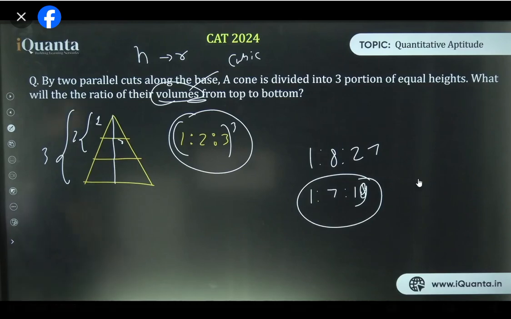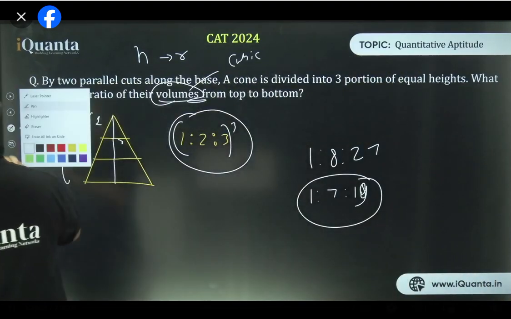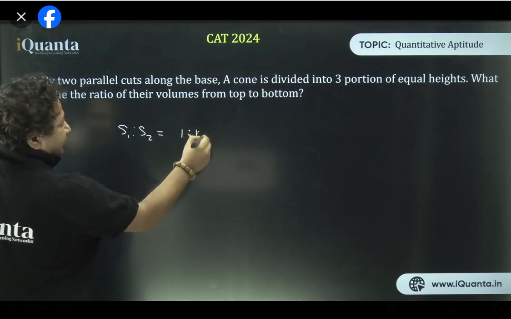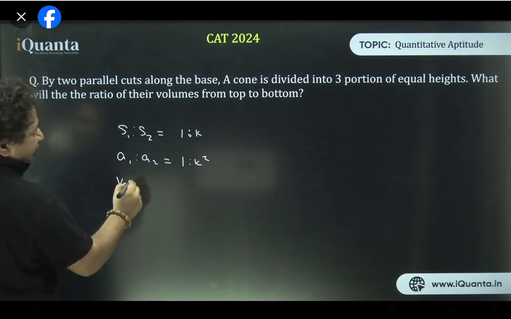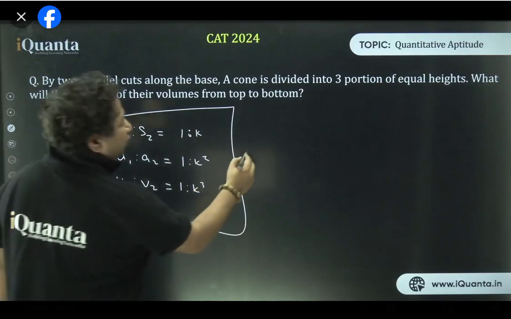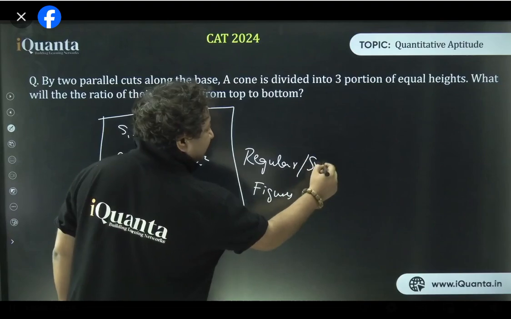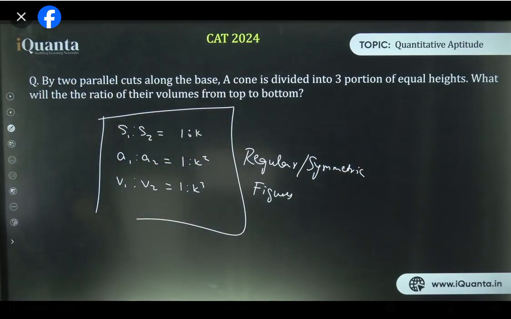अभी शुरुआत में बोला था ना कि perimeter is single dimension, area is 2 dimensions, volume is 3 dimensions. So if they want to find the area, जो भी ratio side का होगा ना उसका square करने से area का ratio आ जाएगा in whatever figure. So if I have to generalize it, I just say if the ratio of sides S1:S2 is equal to 1:k, then the ratio of areas, A is area, will always be 1:k square, and the ratio of the volumes V1:V2 will always be 1:k cube. This thing is consistent across all the regular figures. Remember this, regular and symmetric figures, जैसे कि isosceles triangle हो गया, right circular cone हो गया, sphere हो गया, all these hexagons हो गए. So this is going to work everywhere.